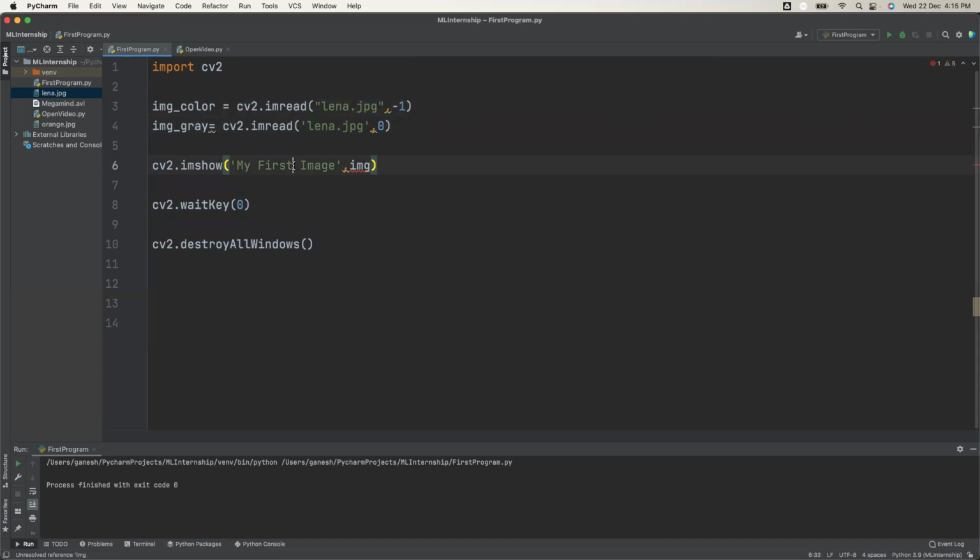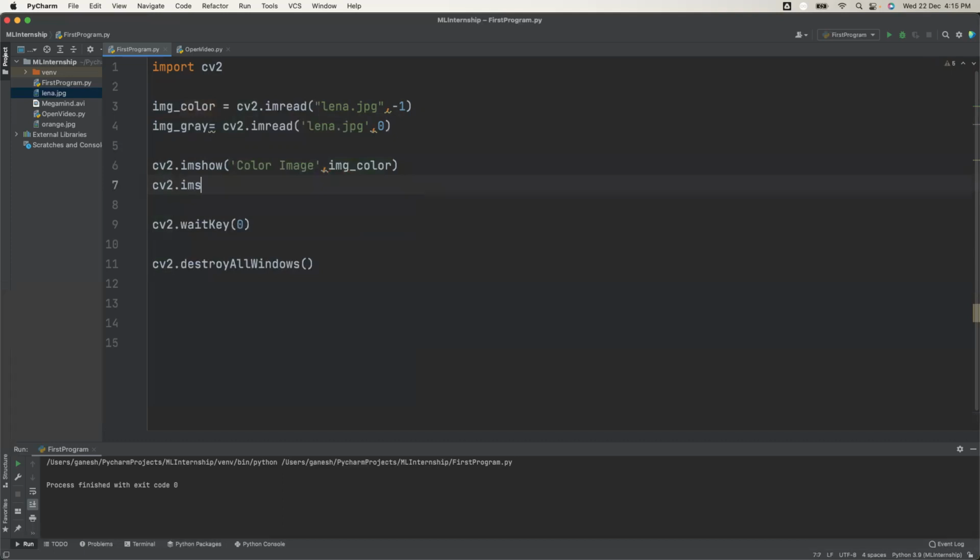We will show both images. The first one is the color image, so the name of the array is img_color, and then cv2.imshow, and then the gray image. I want to show that gray image, so img_gray. Okay, let's see.